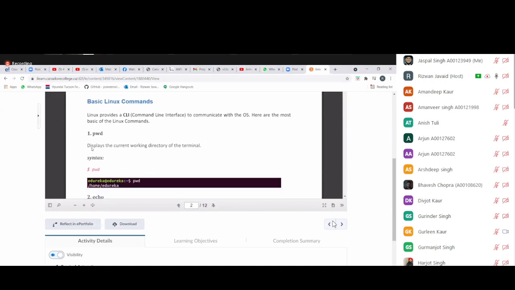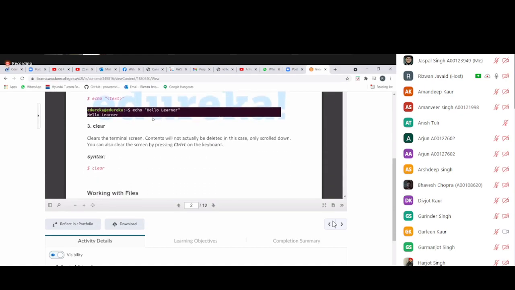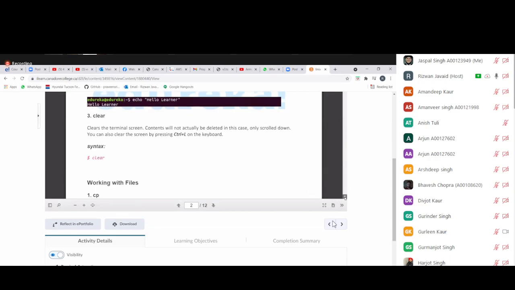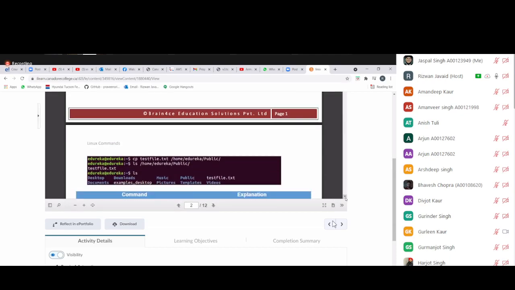pwd, we have seen the working directory, and then the echo command. Today we have seen the echo command, how to enter data into a file, and the copy command. You will see here the copy command we discussed today.